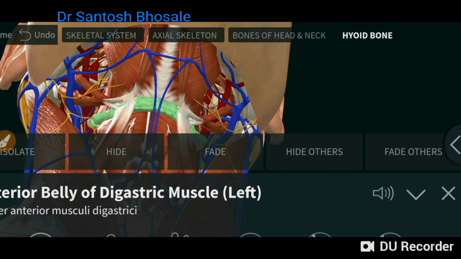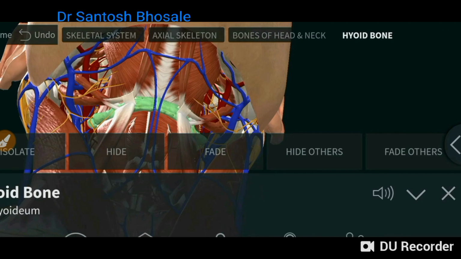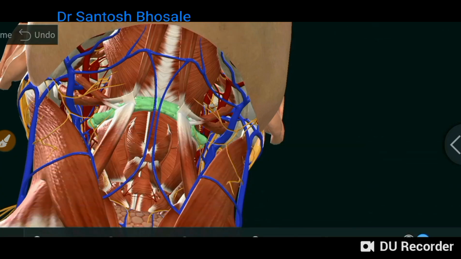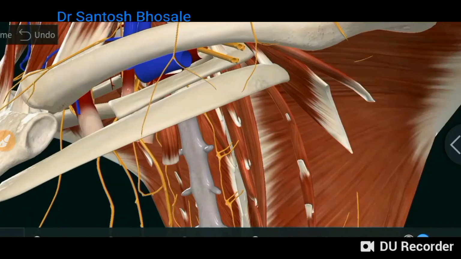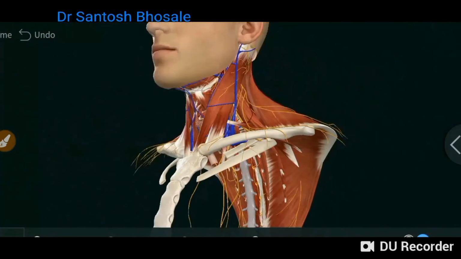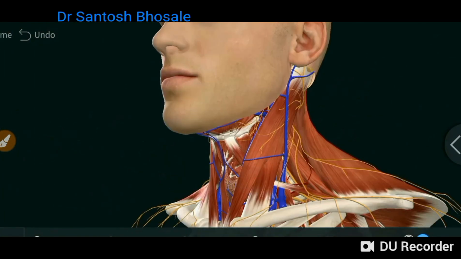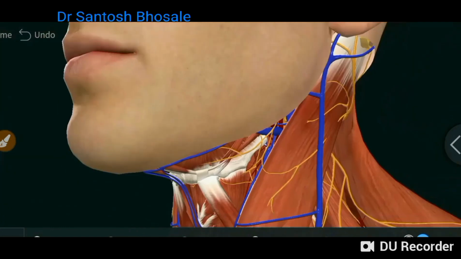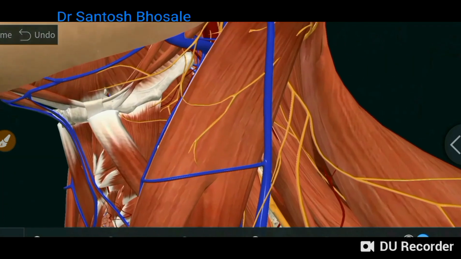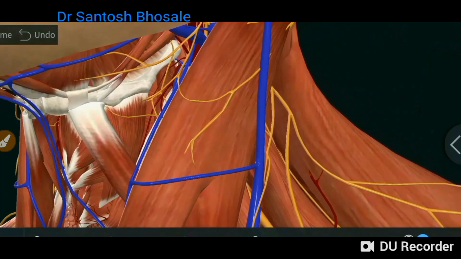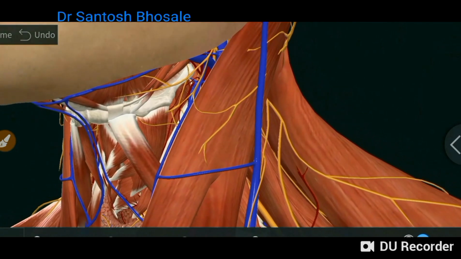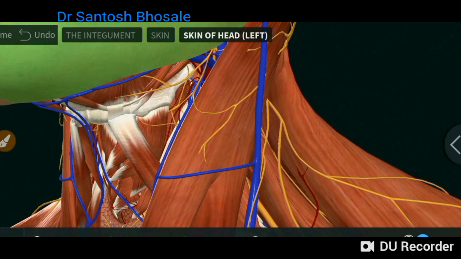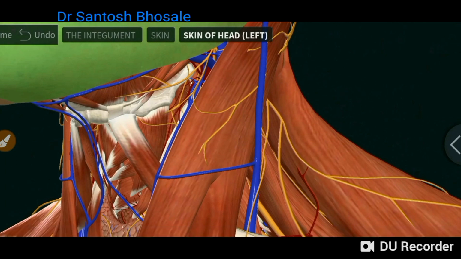Inserts into the hyoid bone there, that is the hyoid bone. So in anatomical position, the mylohyoid forms the roof of the submental triangle, or if you want to describe it in the supine position, it forms the floor of the submental triangle. So that is how you describe. If you want to describe in anatomical position, mylohyoid forms the roof, skin, superficial fascia, deep fascia form the floor, and contents of submental triangle are submental lymph nodes and anterior jugular veins that you have seen already.